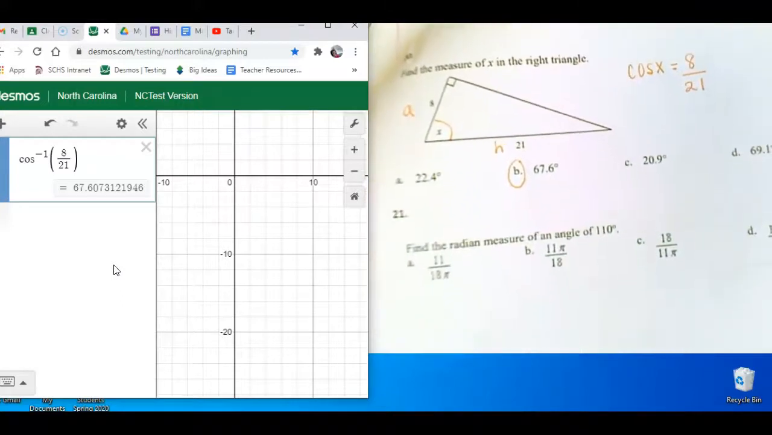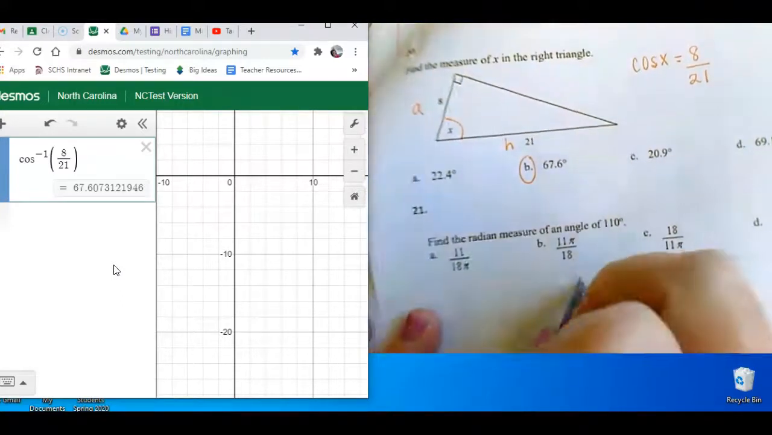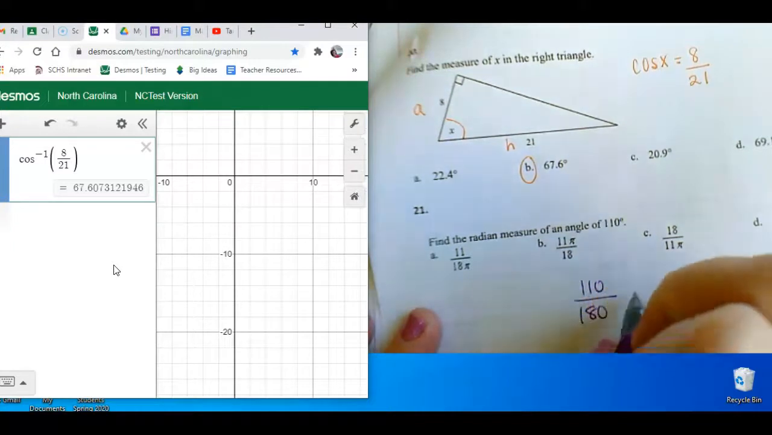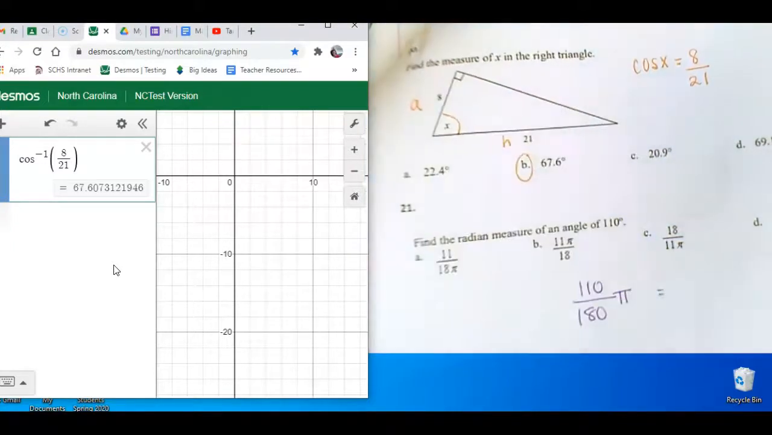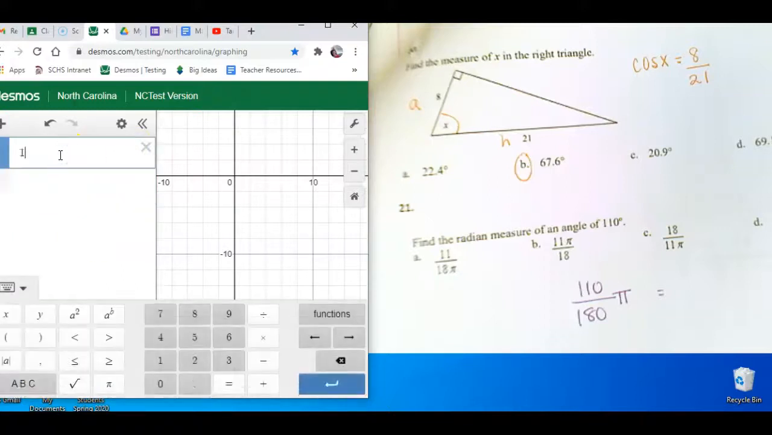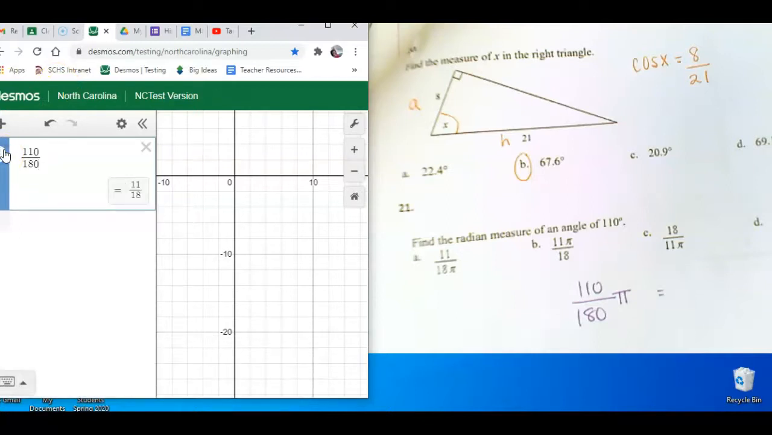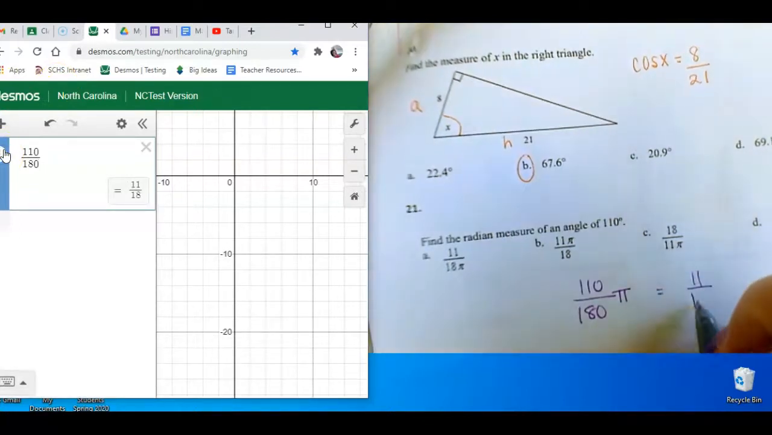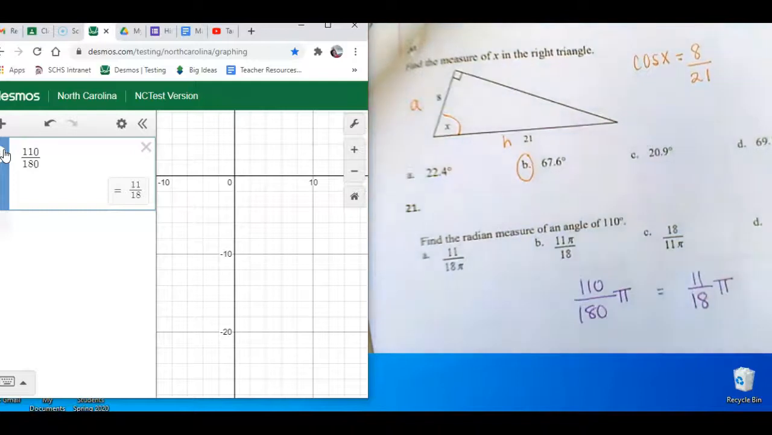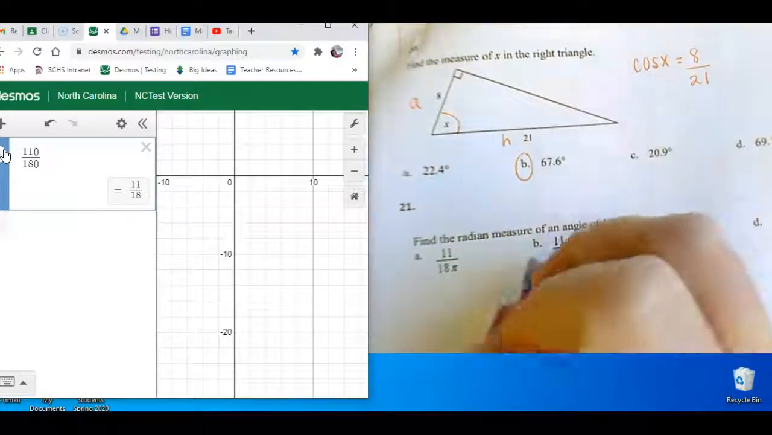Lastly, we want to find the radian measure of an angle 110. What we normally do is divide by 180 and then put a pi with it. So we're going to do 110 divided by 180. Change that to a fraction. And we get 11 over 18 with a pi. And then that means that our answer is